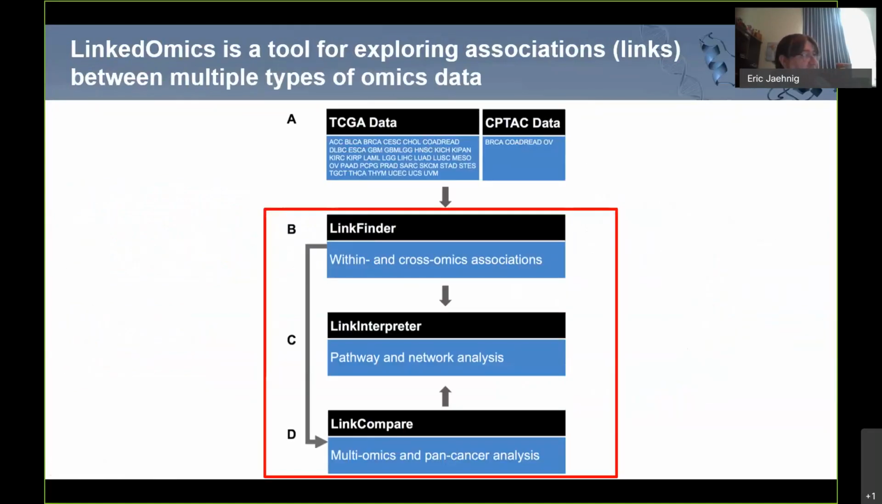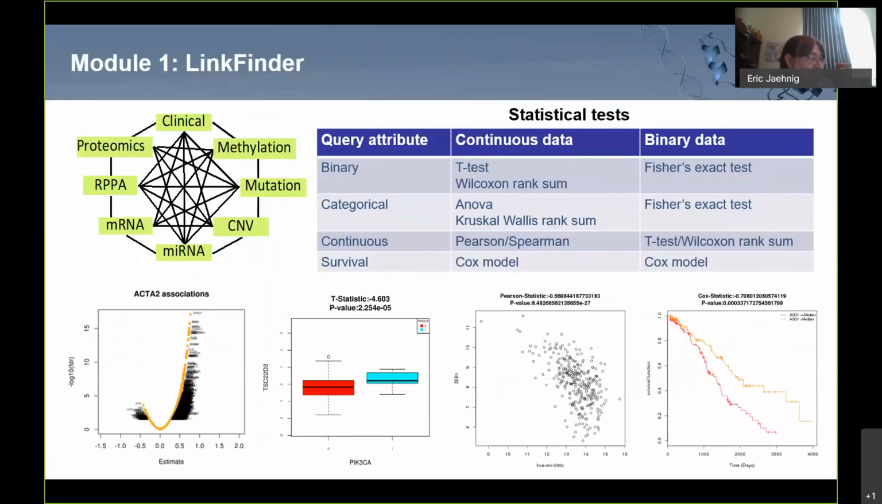The remaining components of LinkedOmics, the Link Finder, Link Interpreter, and Link Compare modules, allow users to analyze links within these data sets and between these data sets. The first module in LinkedOmics is Link Finder, which allows you to perform statistical tests to evaluate the associations or links between a query attribute in one of your data sets and all of the attributes in a target data